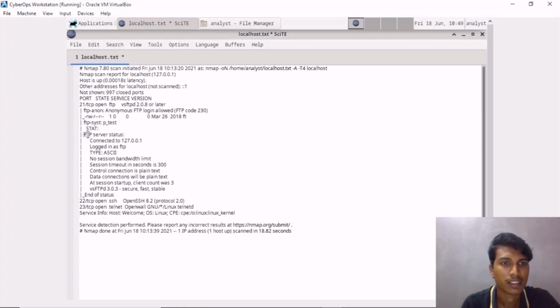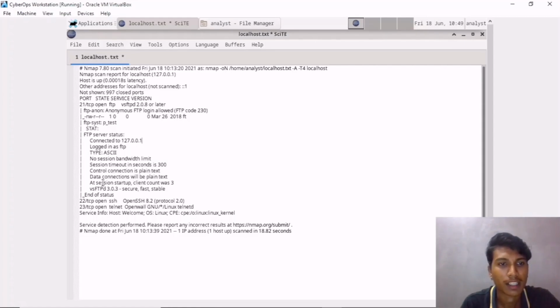Here you can see which IP the FTP is connecting to and what it is logged in as, and the type is ASCII. There is no session bandwidth limit, and the session control timeout is 300 seconds. When the session is idle for 5 minutes or more, the session will time out.